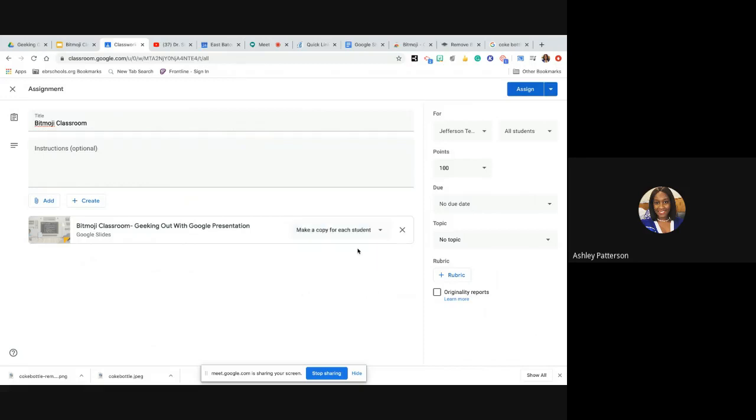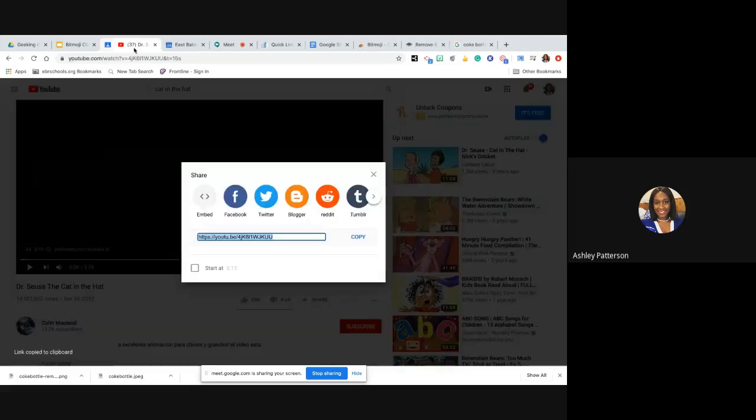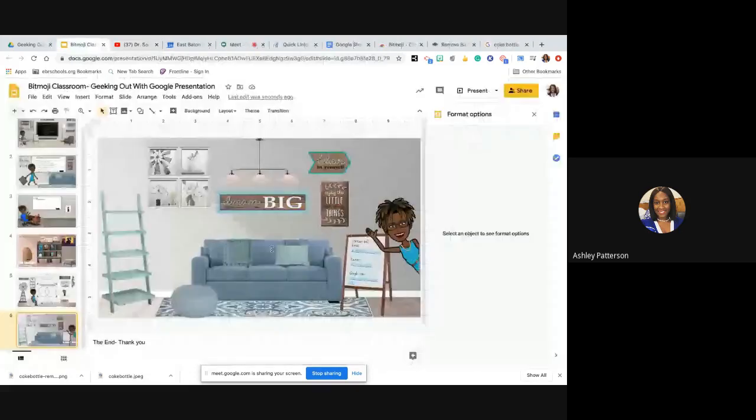Or if you want to make this an assignment, you have things in here that you want your individual students to do, then you make a copy for each student, and that way each student gets a copy of this Bitmoji classroom, and they can make changes to it and submit it to you. Okay, so I hope that you learned some new tricks and you all can get started creating your